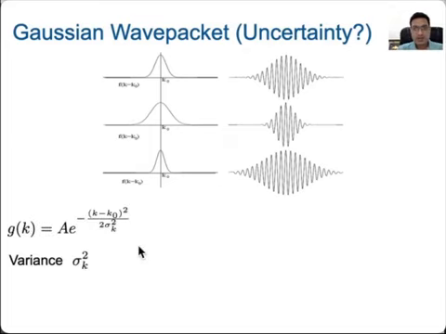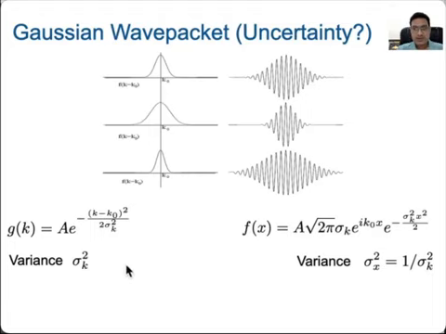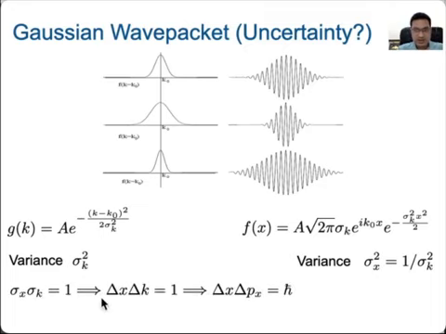Okay, so this is what we have written here, and this is what we have written here, and both have a different variance, and this is the relation we have seen in the previous class, previous slides. So now what you could do is multiply sigma x square into sigma k square, which is equal to 1. That's what it is giving you, and we know that these variances are related to the standard deviations, which are your delta x and delta k. So this is what I have written down here, delta x and delta k, and now I can convert this delta k into delta p. Once I convert, I will get h cross.